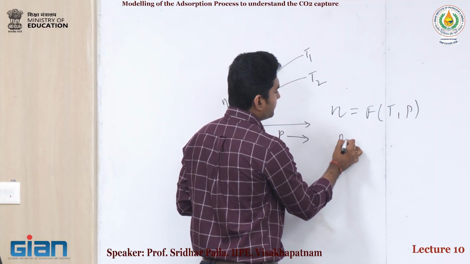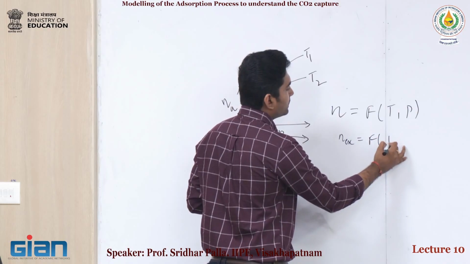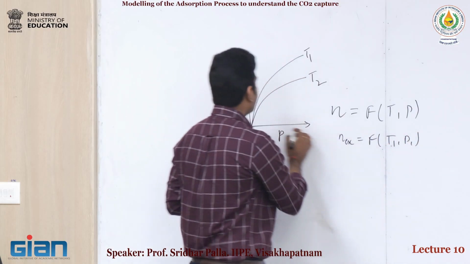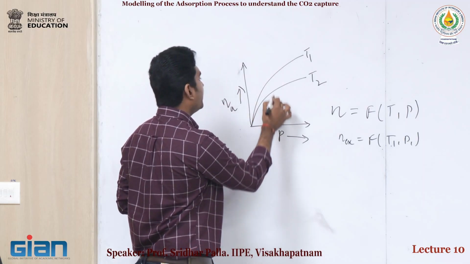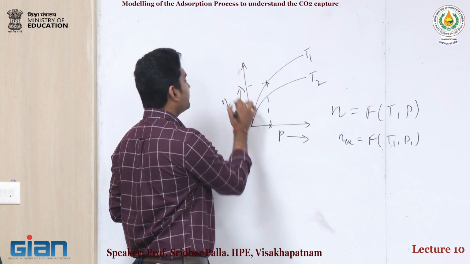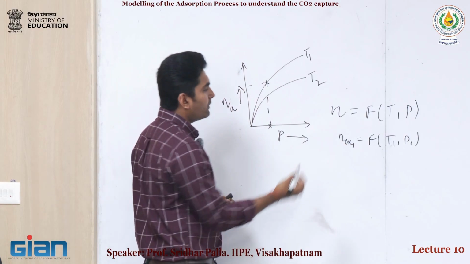If I am conducting one experiment, that experiment is giving me the value of, if I pick one point here at temperature 1 and pressure 1, the experimental data point. If I have a model